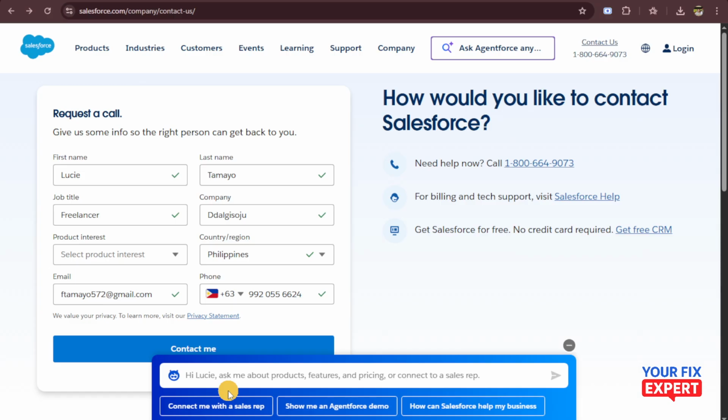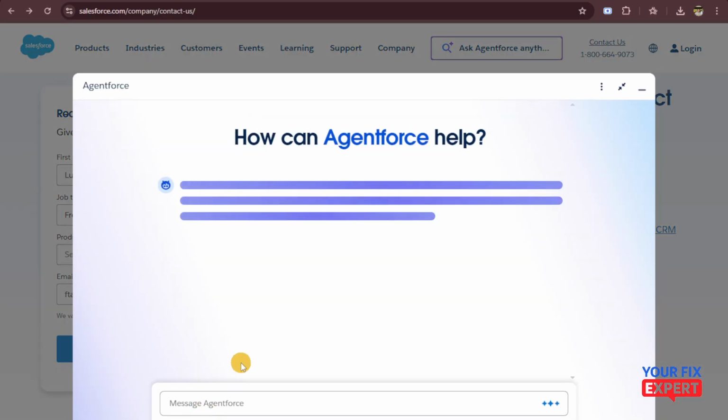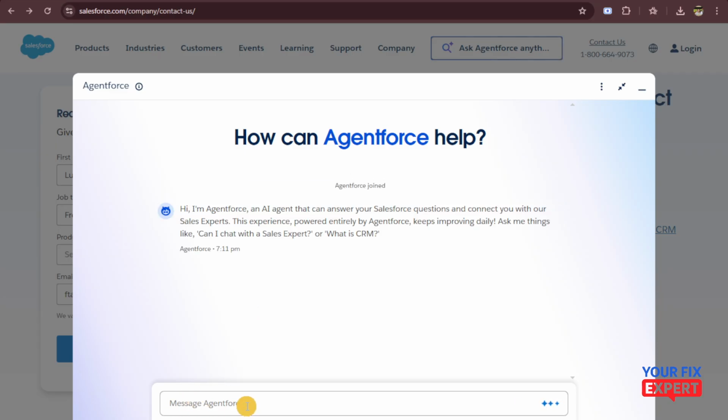But another thing that you can do is that you can just head over to this box right here. This is a chat box wherein you can chat with an AI, or you can also ask the AI to actually connect you with a sales representative. You can do show me an Agentforce demo, and then you can also just ask how can Salesforce help with your business. But since we want to use the live chat Salesforce support, we're just going to click on connect with a sales representative, and then from there you can just message Agentforce right here what you want to